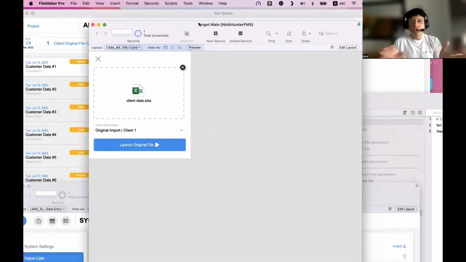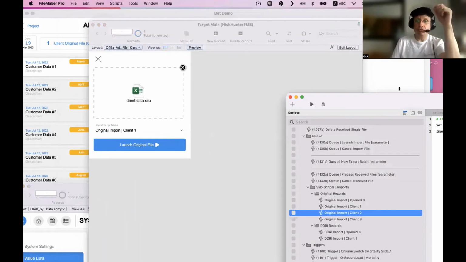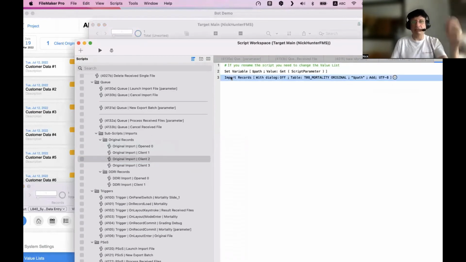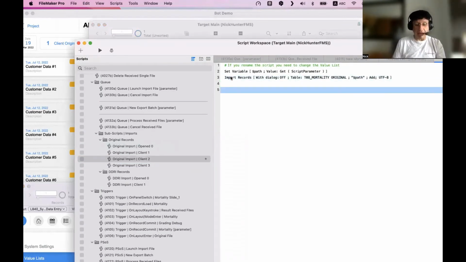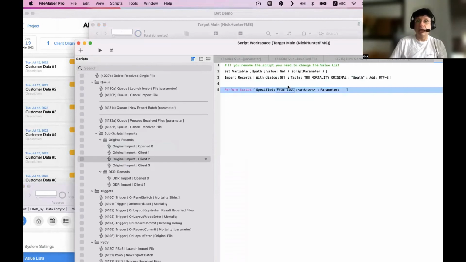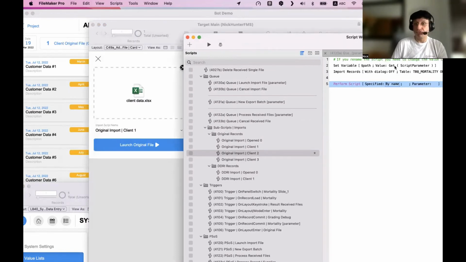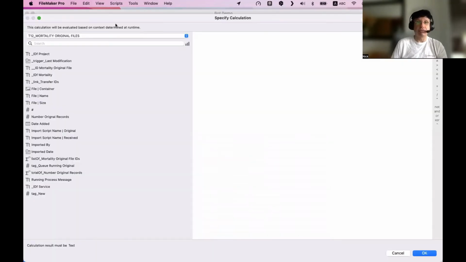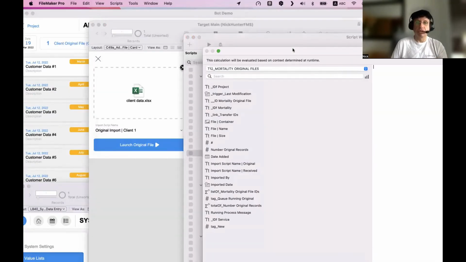So now that we have a new FileMaker greatness, perform script by name, right? You point to whatever.